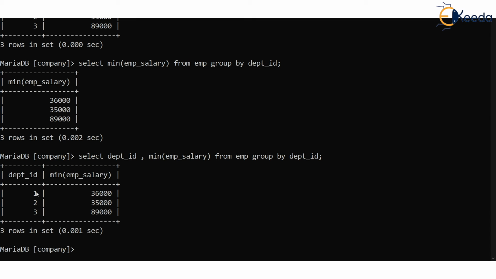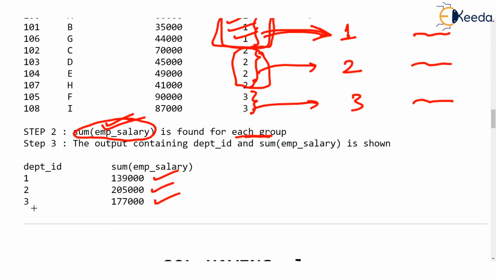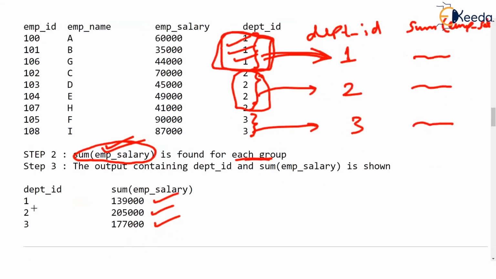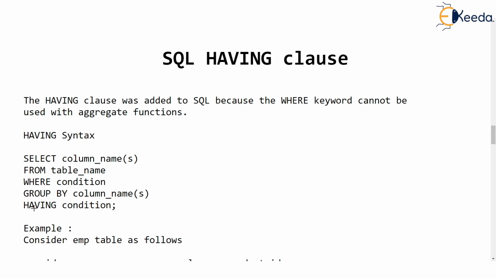All right. Let's then come back to our slides, and we have understood that group by is basically used with aggregate functions, correct? And we have to generate some value for group of rows, isn't it? So group of rows pertaining to department 1 or group of rows pertaining to department 2 and so on. Now in the next video we will be seeing having. Generally, when group by is written, it is followed with a having clause. We will see this or explore this in the next video. Thank you very much.